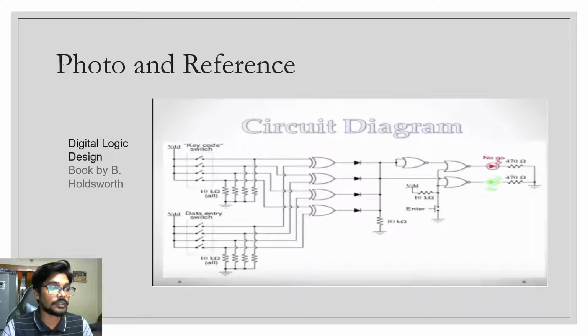In this photo we can see the key switch of this circuit diagram, and this is the data entry switch of the circuit diagram. Both are 10 kilo ohm, and when they are passing through the circuit, they enter a 470 ohm resistor, where this is the circuit of this diagram and this